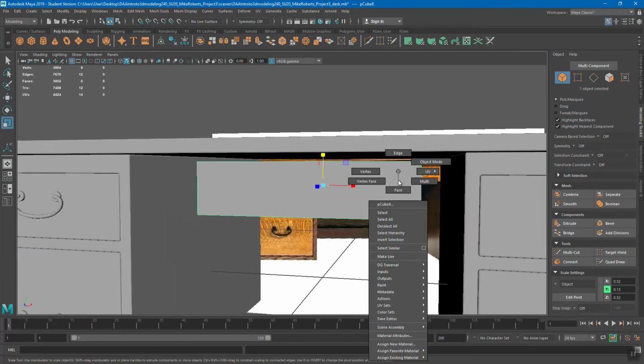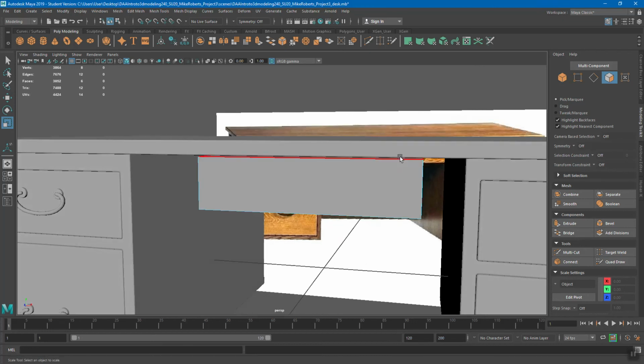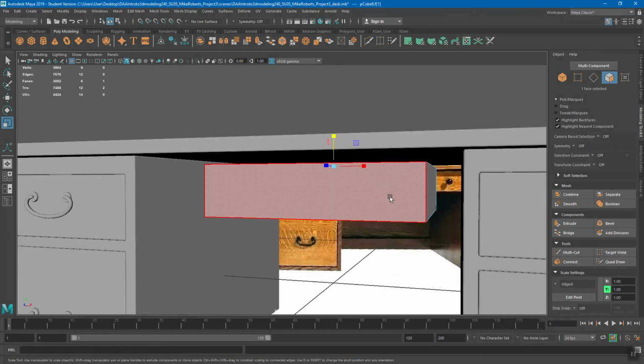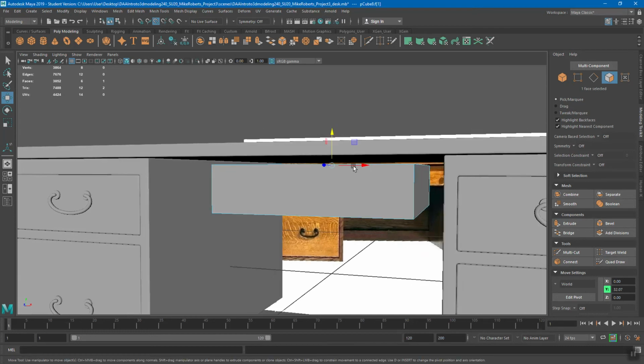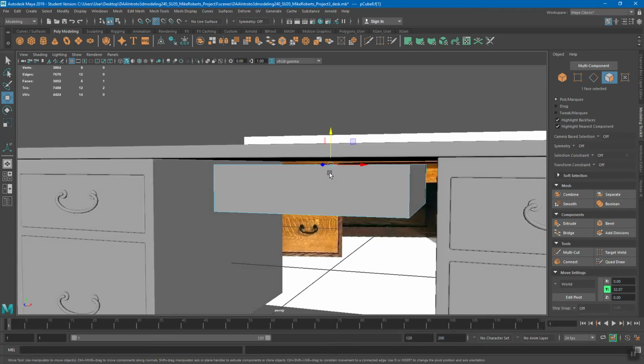So I'm going to hold down right mouse button over the object, face. Select that top face right there. There we go. We can turn W on for move. And remember that magnet right here, right? These magnets are our snap tools. This third one in, the magnet with the little blue dot, is your snap vertex. And that is going to allow you to snap to the closest vertex along this axis if we grab the green, right? So by holding down the left mouse button on the green axis,